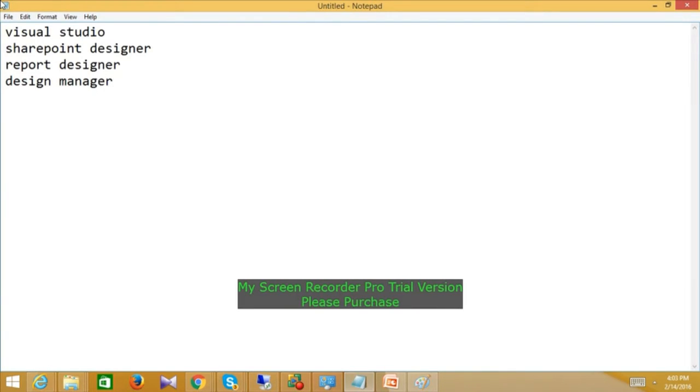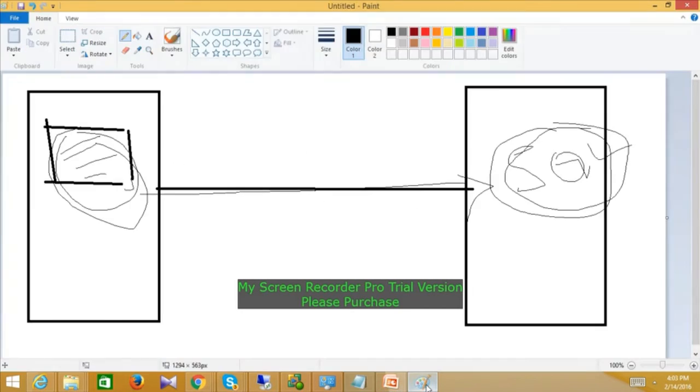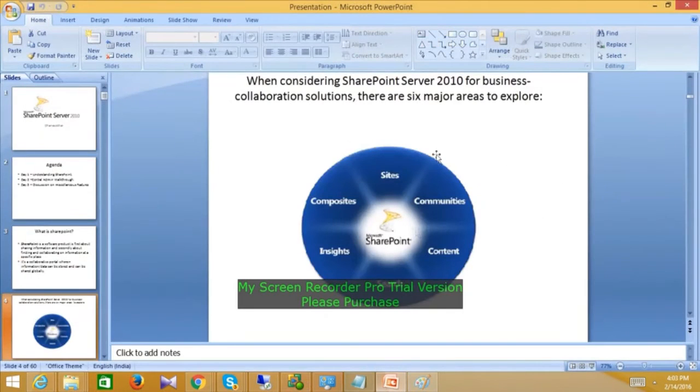These we call composites. So to develop the SharePoint application, we use these components, and we call them composites. These are the six pillars of SharePoint. It is a very important interview question as well. What are the six pillars of SharePoint? You should be able to answer: sites, communities, content, search, insight, and composites.